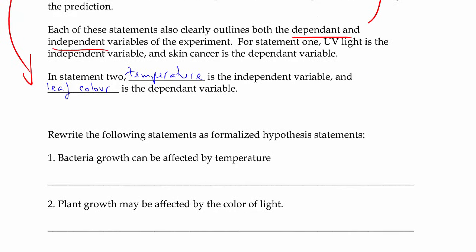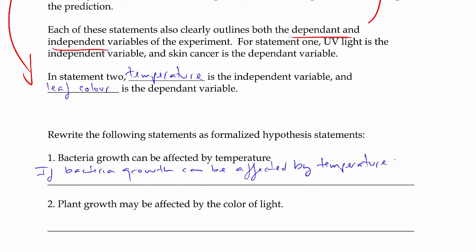So you now have an opportunity to rewrite the following statements in an if-then format. In other words, as a hypothesis. So initially, this statement is bacteria growth can be affected by temperature. I think we should write down the word if. Bacteria growth, basically just restating this. If bacterial growth can be affected by temperature, that's a can by the way, affected by temperature. What we need here is a computer program that recognizes printing or handwriting that sucks and actually turns it into beautiful script. It's probably out there. This is PDF annotator, by the way. So if bacteria growth can be affected by temperature, then